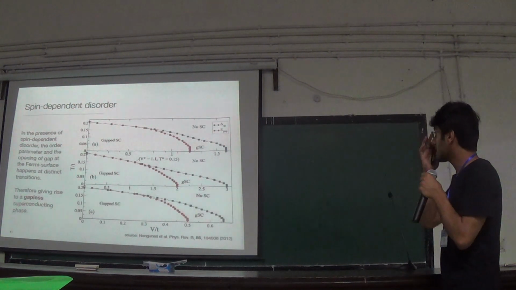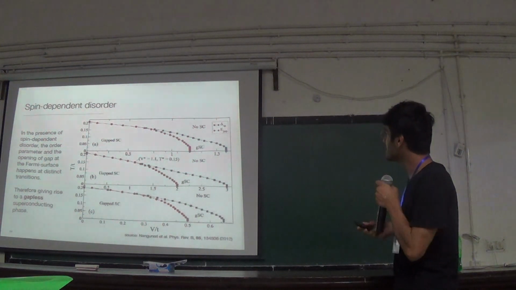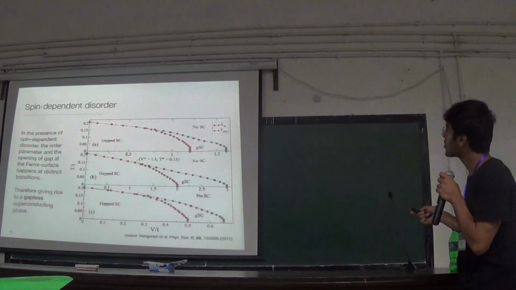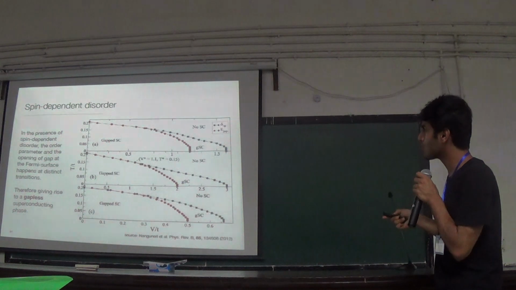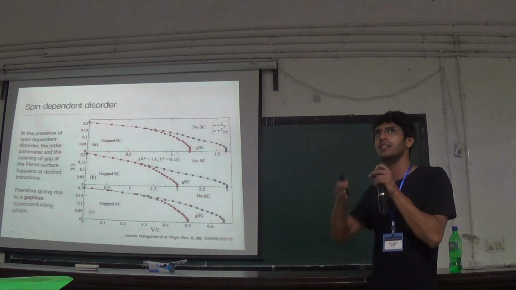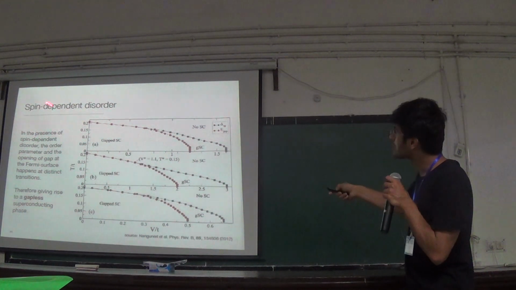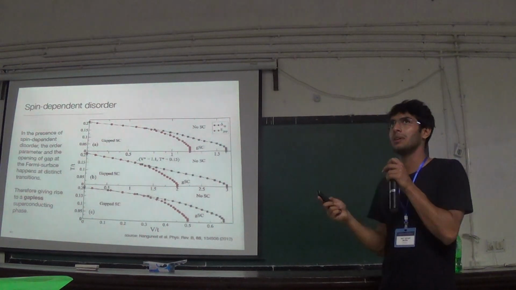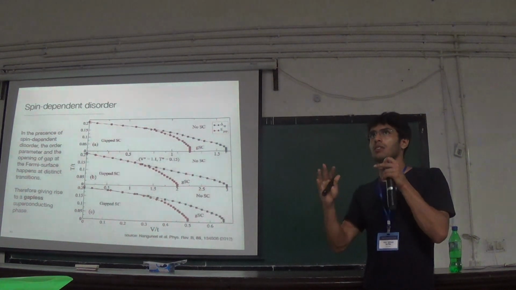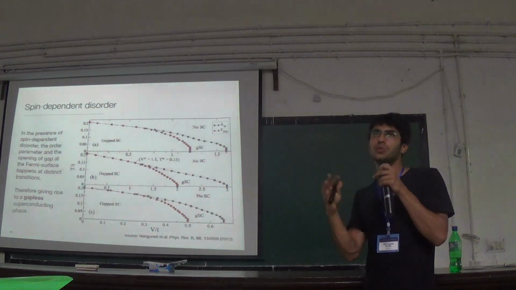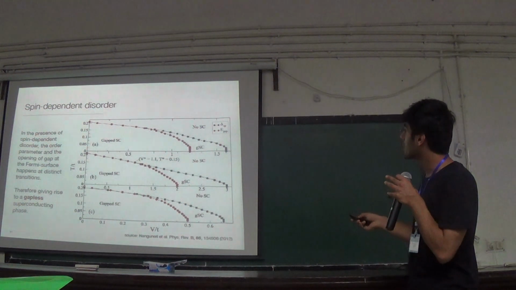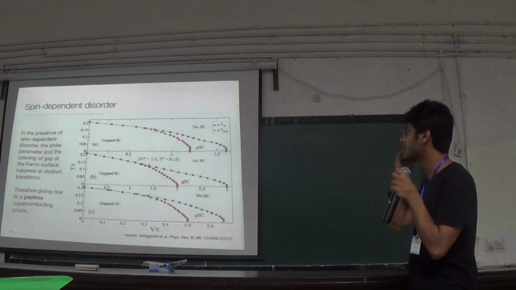Okay, so these are the results that these people got. The interesting thing that happens is when you go from a normal state to a superconducting state. Now, a normal superconducting BCS state is a gapped state where you have a gap in the Fermi surface. But what happens when you have spin-dependent disorder? What exactly spin-dependent disorder means is that there's some disorder and each spin sees it differently. There are some models or experimental techniques to realize such things, in the optical lattice framework and all these things. So you can have this as an experimental thing.